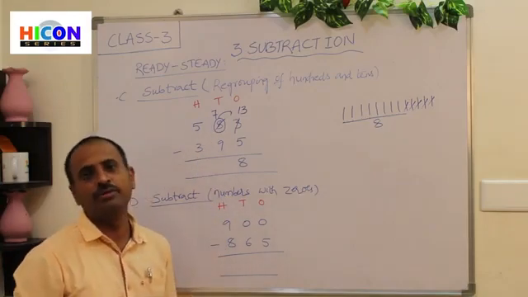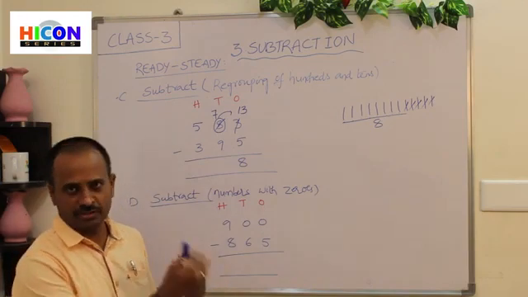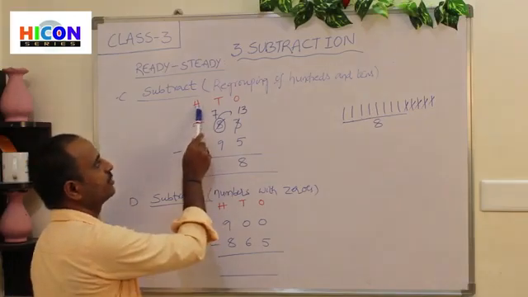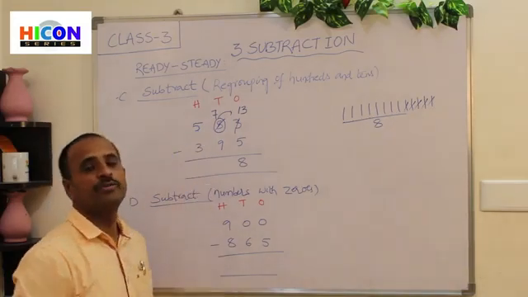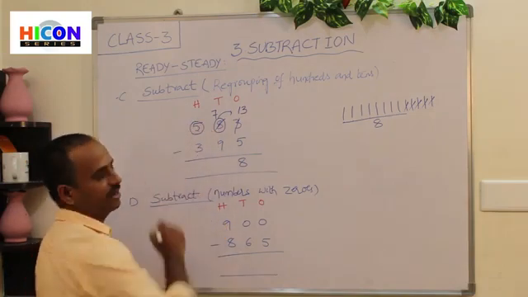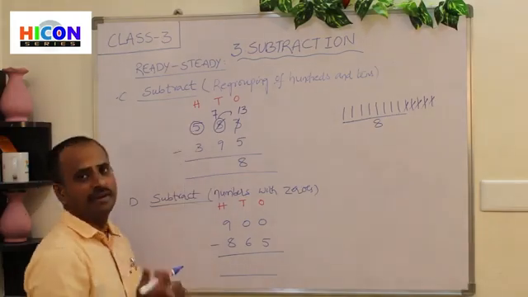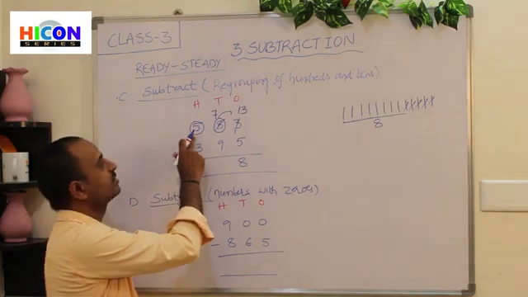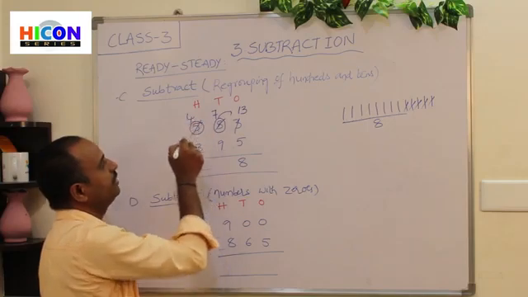So again what we have to do? So if the subtraction is not possible, again we have to get borrow from its previous place. That is its next place. So what is its next place? Hundreds place. So what is the digit present in the hundreds place? 5. So get borrow from the hundreds place. So how many hundreds are there? 5 hundreds are there. So get borrow 100 from 5 hundreds. So if you get borrow 100 from 5 hundreds, how many hundreds will be left there? So 4 hundreds will be left there. So write 4.